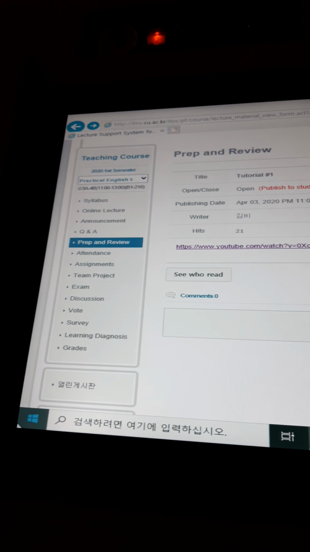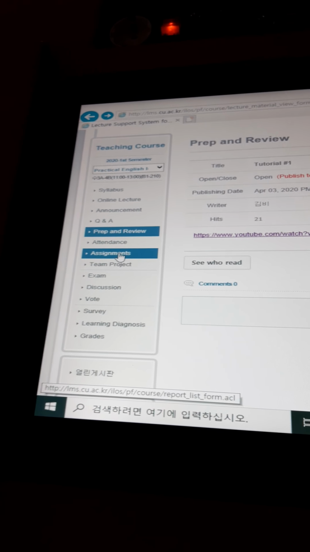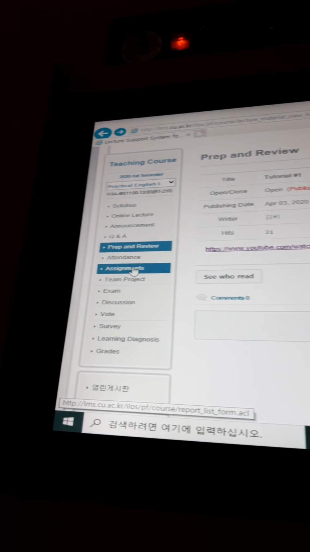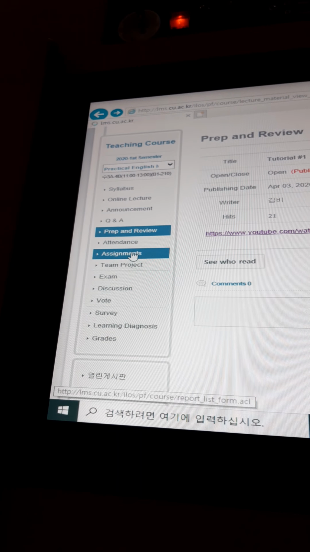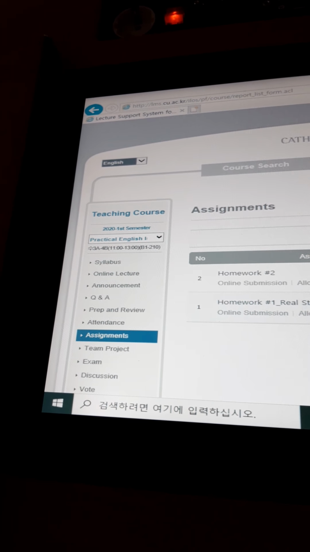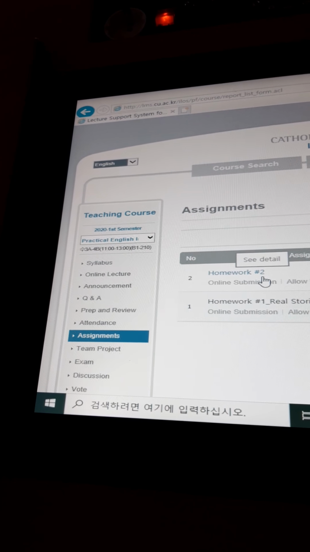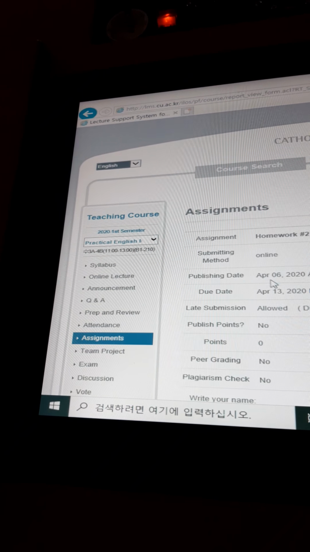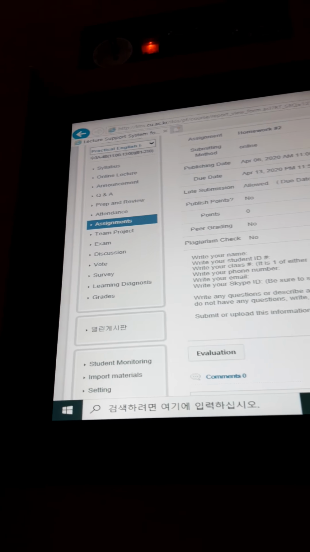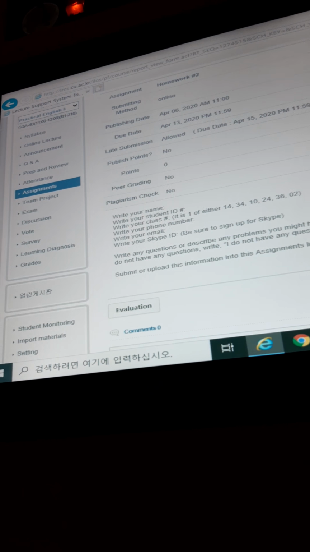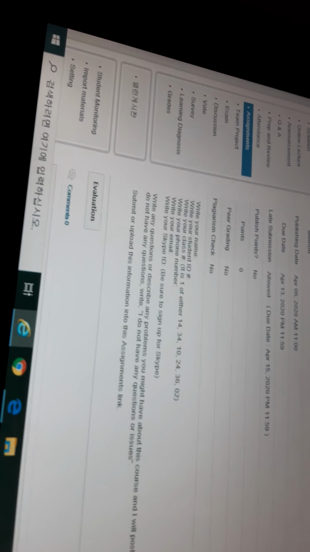How to do that is you go to assignments. Your homeworks are going to be on the assignments link, and there it is. There it is. Homework number 2. So let's click it. And there you have various things that I want you to share with me. You can share it in a text editor. You can also share it. Let me just go over to the screen over here. It's better. It's bigger.